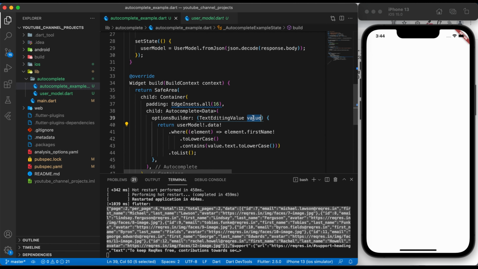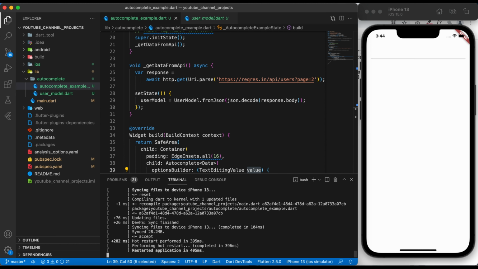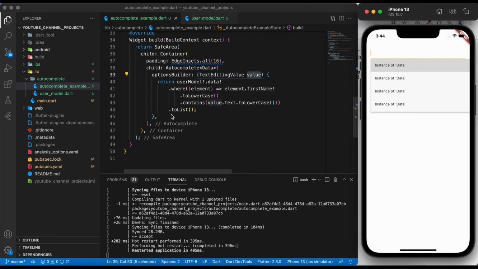This value is the data we are typing into the text field, so this will compare which items match this value, and it will return a list of those. Let me refresh this once to check the demo. As you can see, we are getting all the data, but we are getting the instance of a data, not the actual value. What's the actual value?